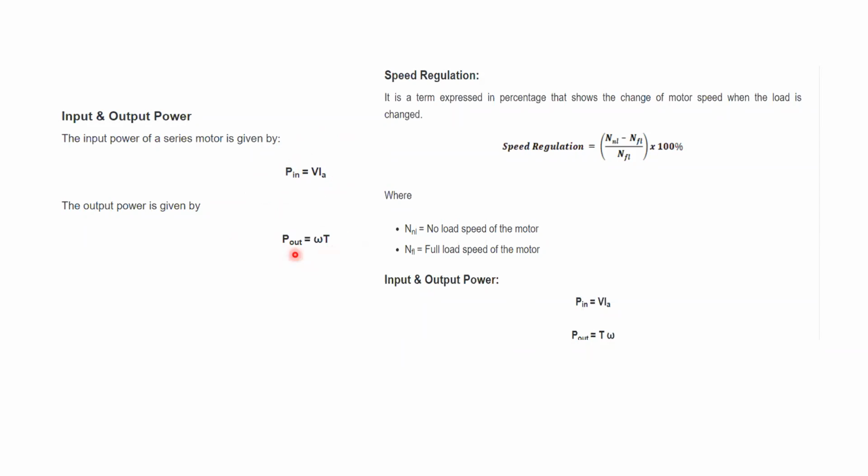So output power is equal to, we are getting the mechanical power. So that is the mechanical power formula. What is that? Speed into torque. Okay, speed into torque, omega into T. Omega is nothing but the speed of the motor in radians per second. Please remember. Or also we can write N into T. N is nothing but rotations per minute. Okay, we can convert into rotations per minute, or we can convert into radians per second. I will give it later while solving the numericals.